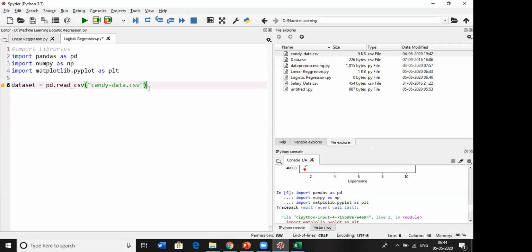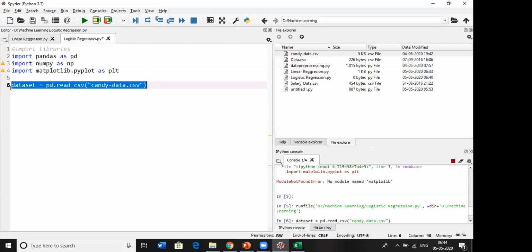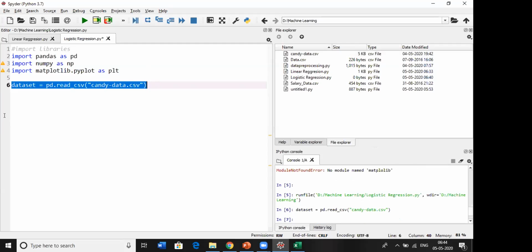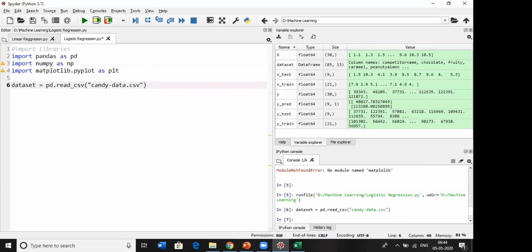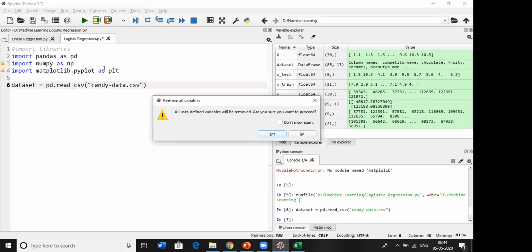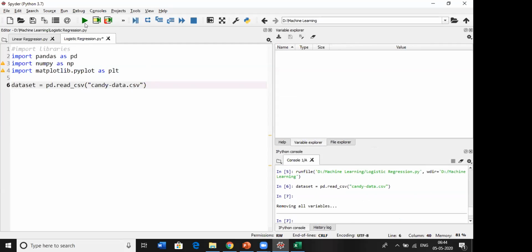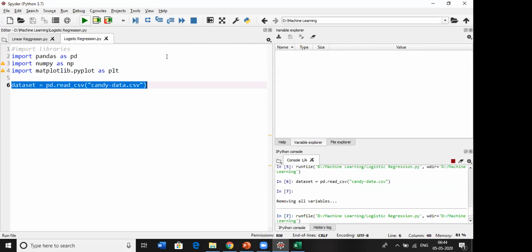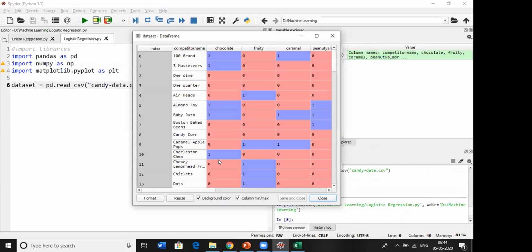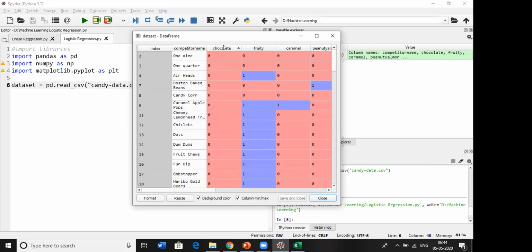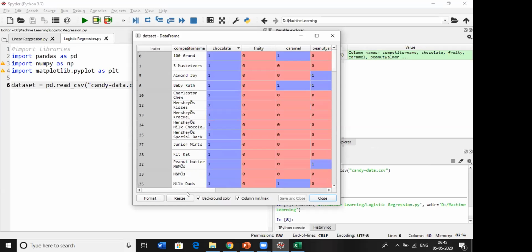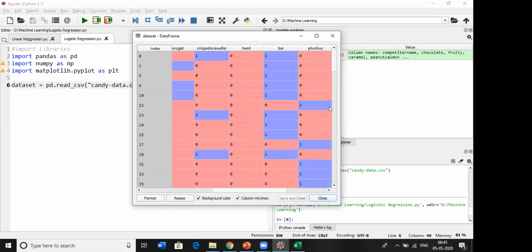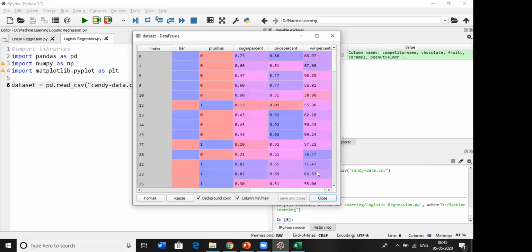I'm selecting this line and running it. If you go to the variable explorer, we got the data set here. All these columns are available. In that, we are going to choose this column as our dependent variable, and all other features we are going to use as independent variables.